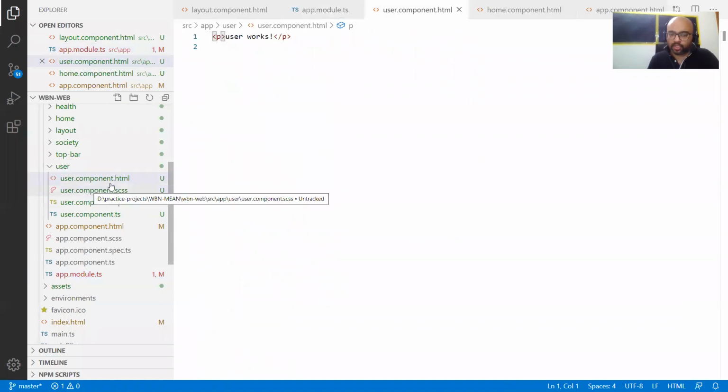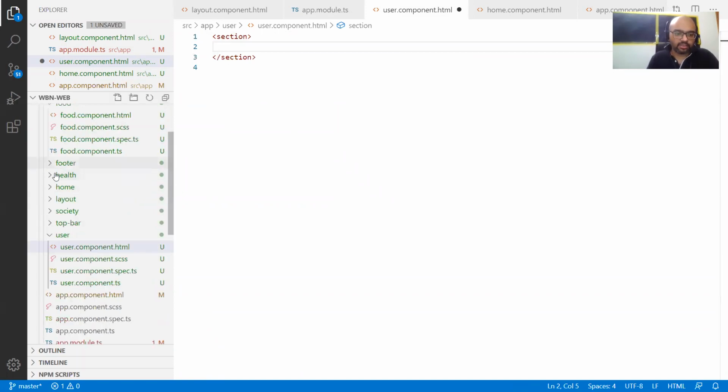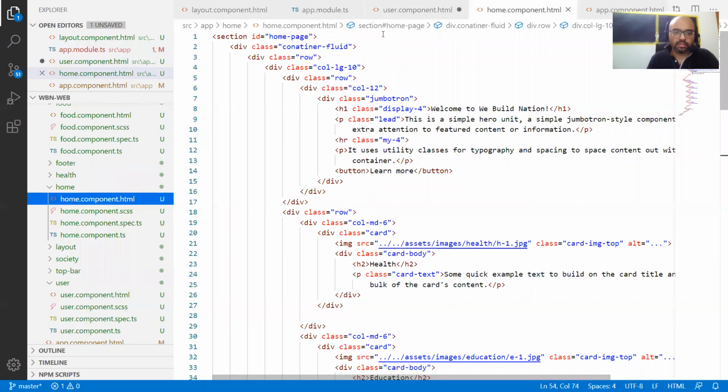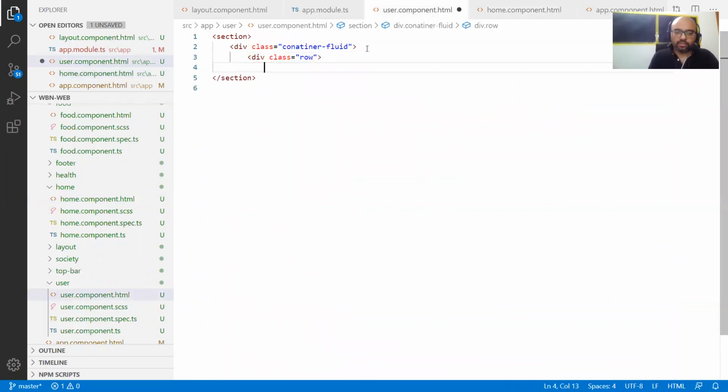in user component.html page itself, I will go ahead and add something like this. I say section. Under section, how I did for others, section and then fluid and then row. Okay, I'll go with the same. So section and then fluid close, right? So here I wanted to use all the users.